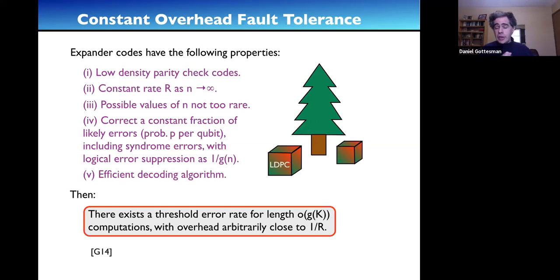So the upshot is that there exists a threshold for computations that are of size little o of g of k, and the overhead is arbitrarily close to 1 over r. So what that's saying is that asymptotically, you can create LDPC-based fault-tolerant protocols that have a constant overhead, that don't have an overhead that grows with the size of the computation, but one that stays the same. And to be a little more precise here,